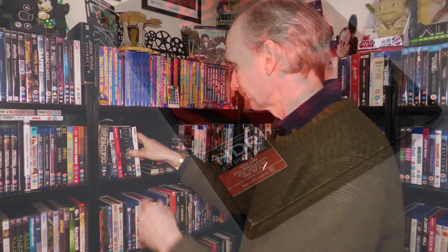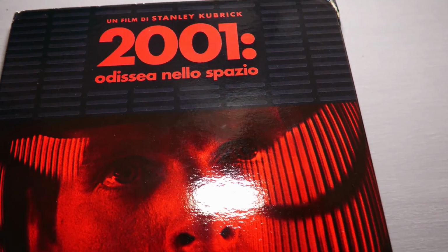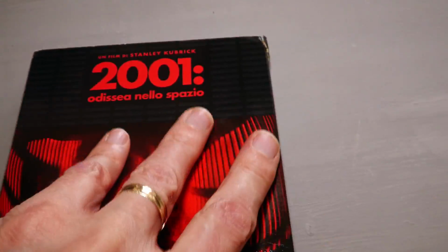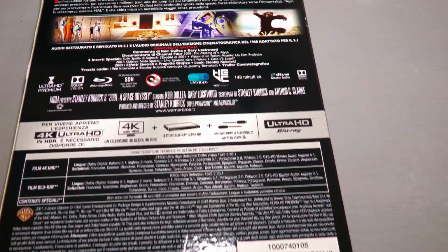Now the next one, 2001: A Space Odyssey. This was another one that went down quite early. First time I played all of these discs, they were fine. It was the second time around they were all faulty. But fortunately,